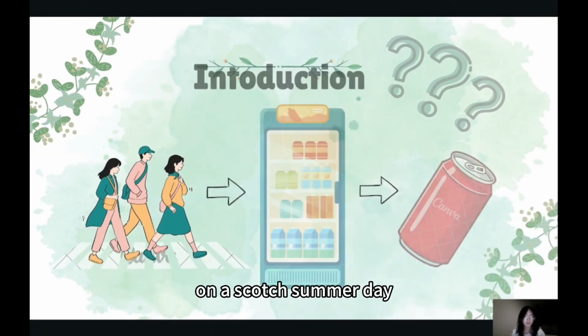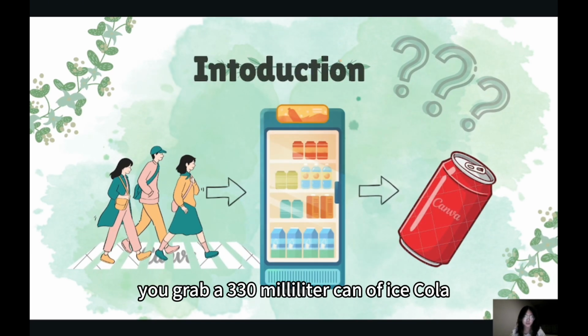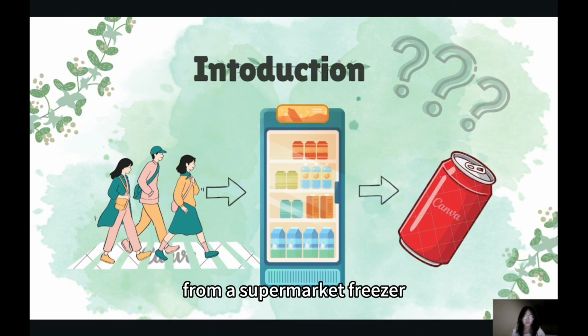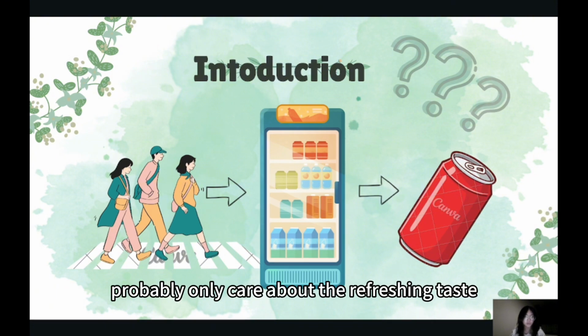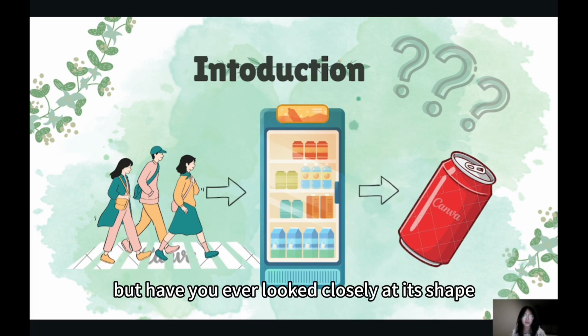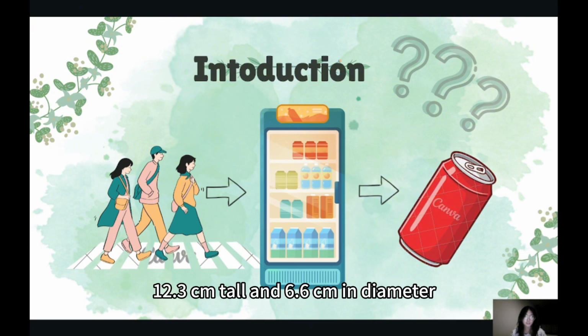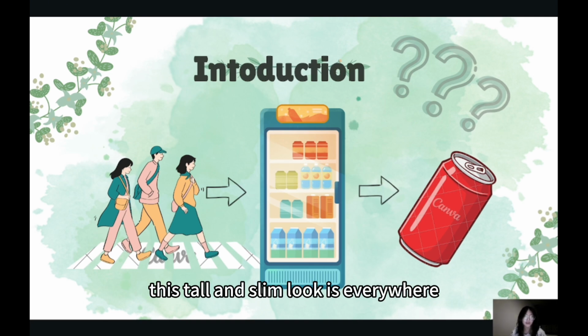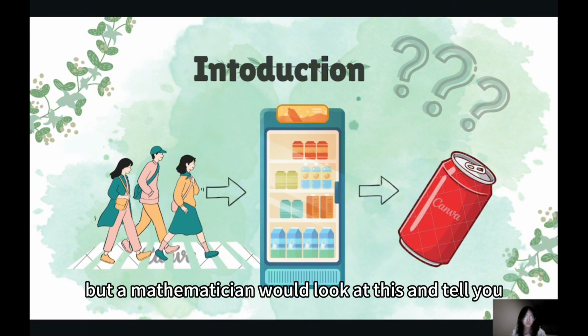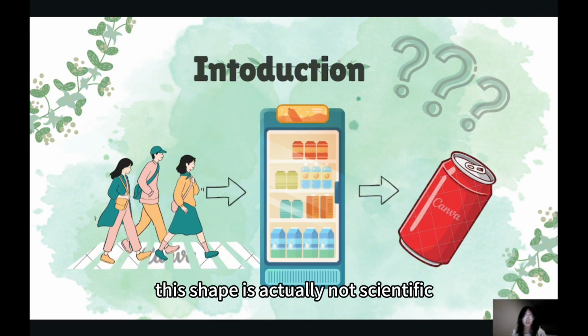On a scorched summer day, you grab a 330 milliliter can of ice cola from a supermarket freezer. You probably only care about the refreshing taste, but have you ever looked closely at its shape? Standard cans are roughly 12.3 cm tall and 6.6 cm in diameter. This tall and slim look is everywhere, but a mathematician would look at this and tell you, this shape is